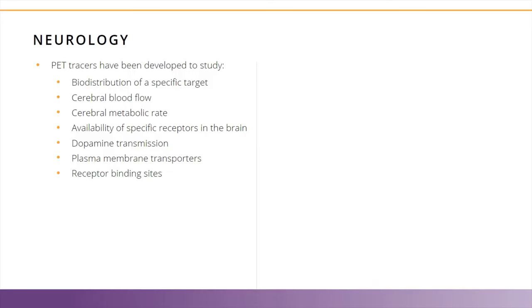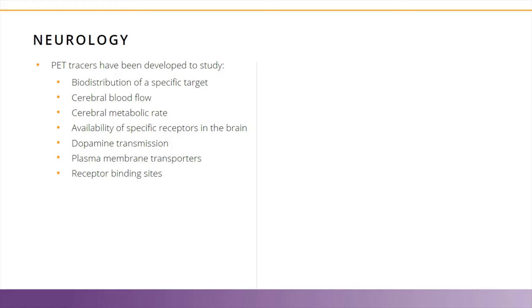Moving now to some neurological applications of PET. PET is also routinely used in neurological research, both clinically and preclinically. PET tracers have been developed to look at biodistribution of specific targets, cerebral flow and metabolism, dopamine transmission, receptor binding site